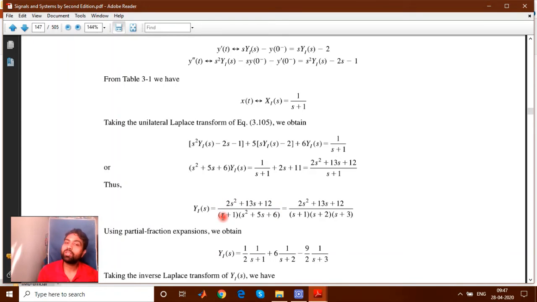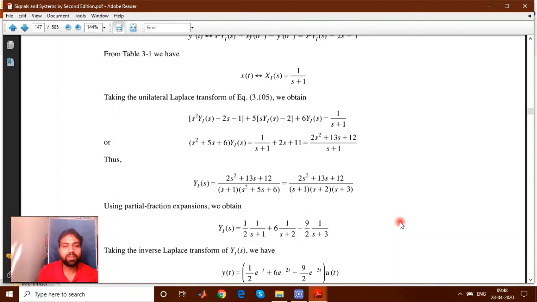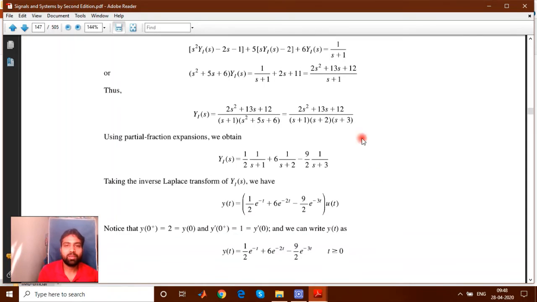So now again, this is basically a polynomial term given in the S domain. You have a simple target: go for the partial fraction process, find out the partial fractions, and once you get them, you are able to compare. You get the partial fraction like 1 upon 2, 1 upon s plus 1. By comparing this, 1 upon s plus 1 gives e raised to minus t, 1 upon s plus 2 gives e raised to minus 2t, 1 upon s plus 3 gives e raised to minus 3t, and u(t). So now this is the y(t) that you were looking for.